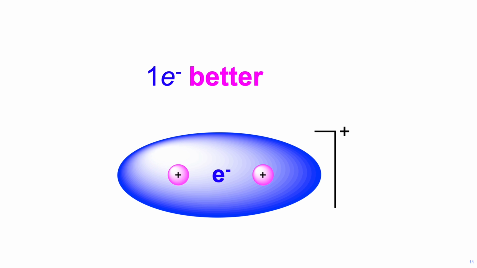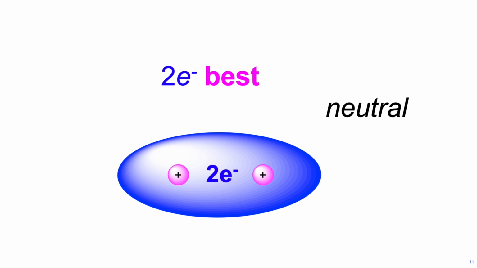If I don't have any electrons there, will the protons approach each other in the first place? No, because it's a repulsive force. Yeah, they hate each other. But if I insulate one proton from the other with an electron, is that better? A bit better, because at least there's one negative charge to sometimes be between the two positives. If I put two electrons in that orbital, would that be best? Yes, and then we get something neutral. The two positive charges of the nuclei are balanced by the two electrons.